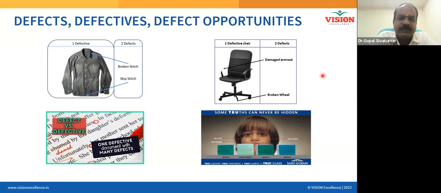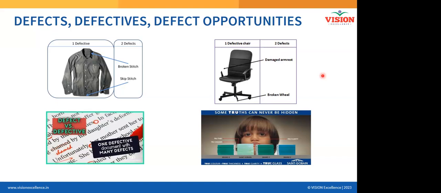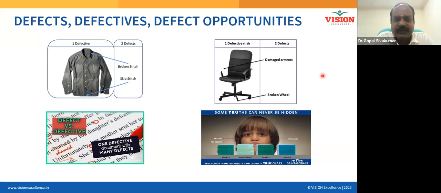Buttons can go wrong, stitches can go wrong, the cloth can fade. Color can become faded. There can be some stains on the dress. All of these are defect opportunities. How are you going to have a process which is brilliant enough so that every garment coming out of your factory is free from all of these defects, right?